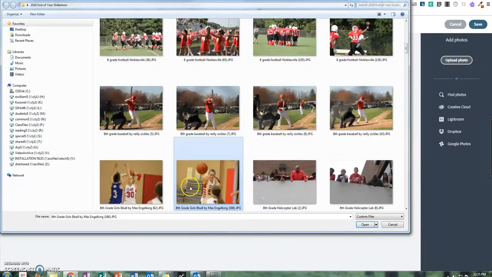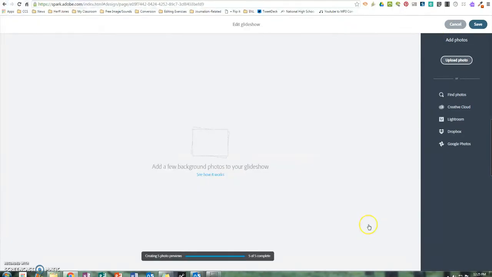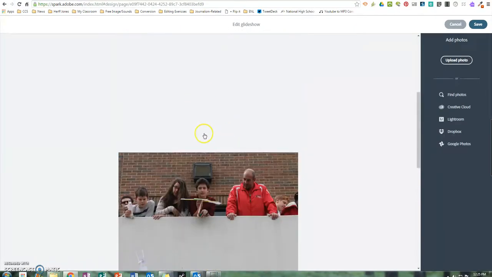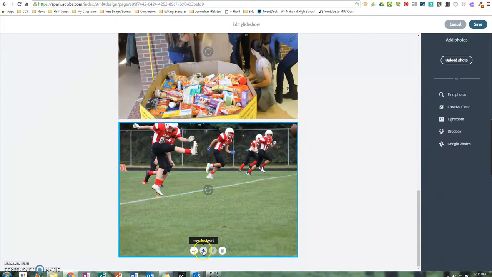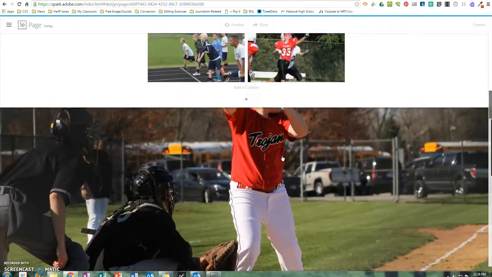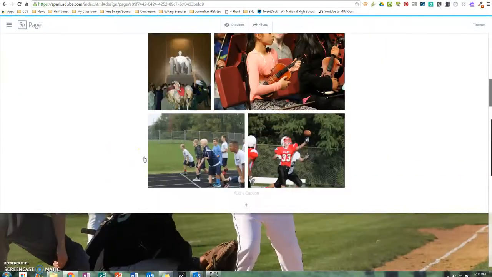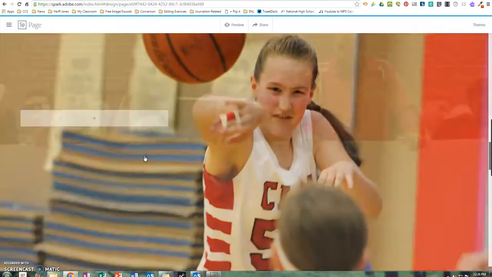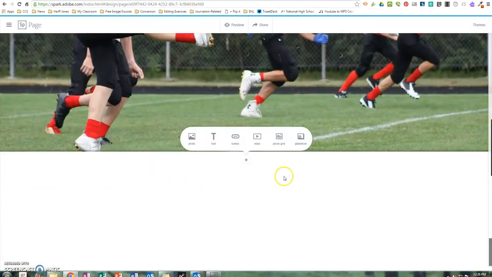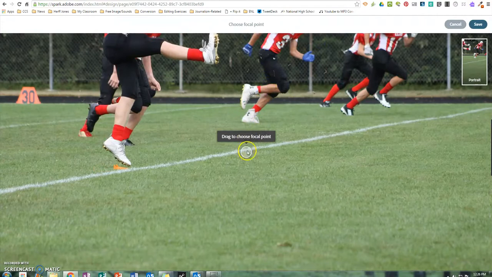So you find more photos that you want, and then hit open, and what that does is it also creates kind of a cool setup. So you can edit the photos in here, and you can move them up, move them back, edit them, replace them, delete them, and hit save. And what that does is as you scroll down, end of the year, my photo grid, and then what that does is allows for more photos as I'm scrolling down to happen, which I think 5 photos is a little dramatic. But by clicking on it, I can create a focal point, which I actually want to be like up here,